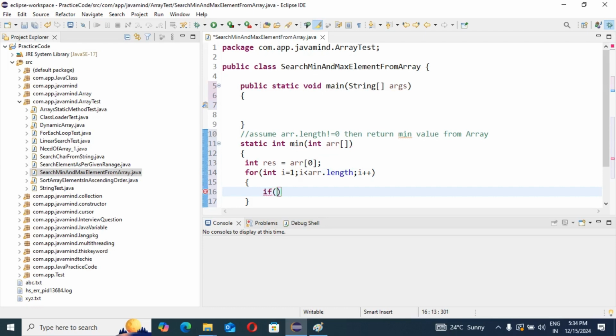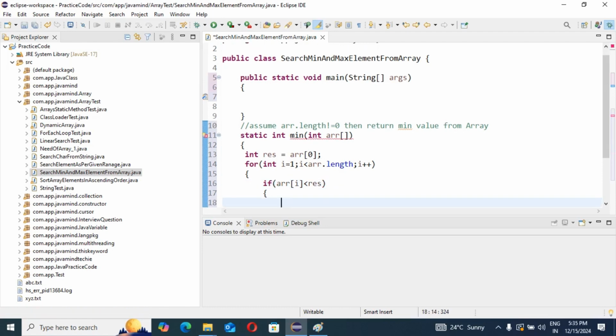If I give one condition, if array of i, whatever element at the 0 index, 1 index, 2 index, because I am going to store one, if array of i is less than result, then it will update.